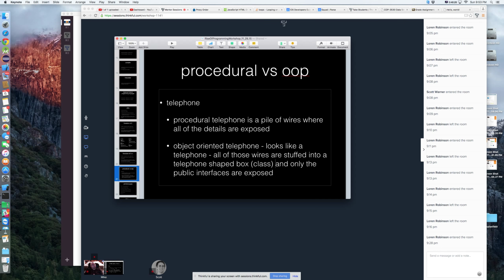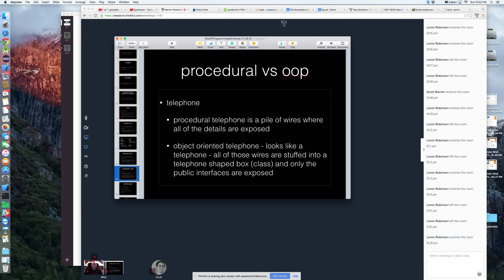We can shove those complexities in there and then pass that object around, pass that box around, and only expose the parts of it that we actually need for solving the problem. A telephone is built for making phone calls. Even though at some point somebody had to sit down and make all those hard decisions and make all those wires, once it works, we just make telephone calls on it, or we do text messaging and all this other jazz.